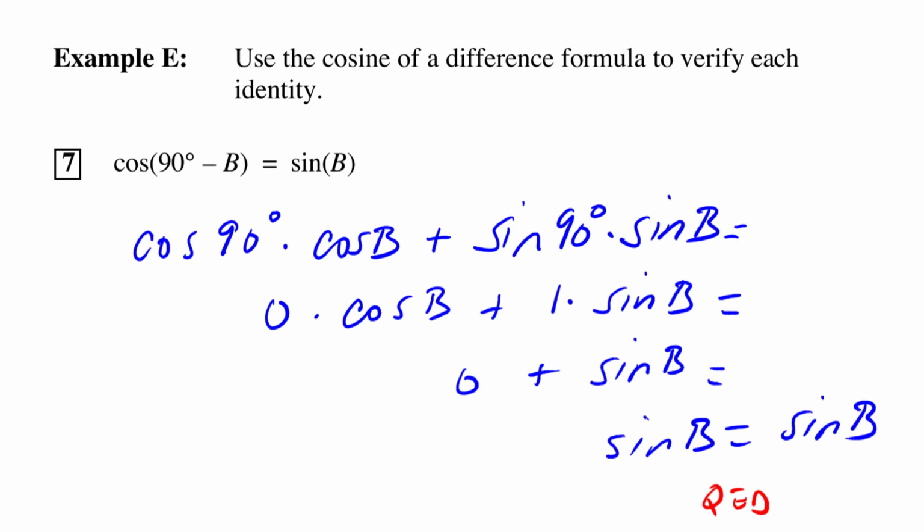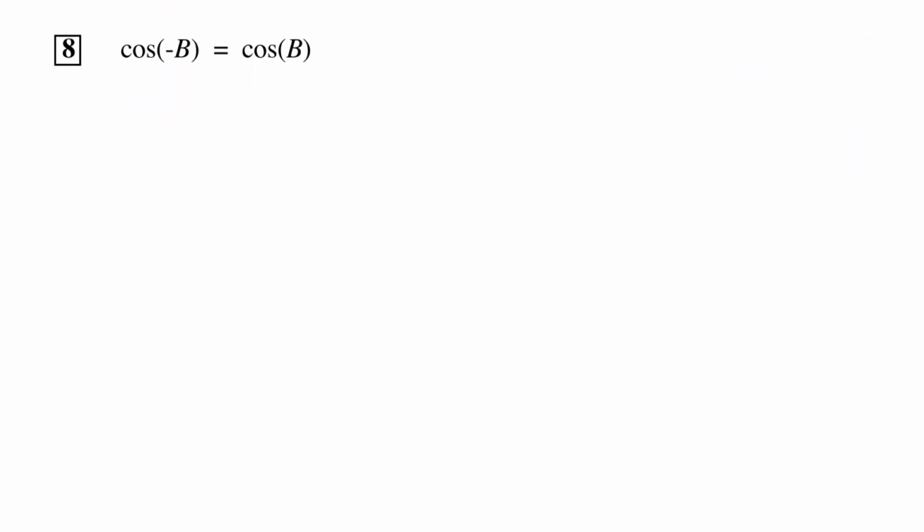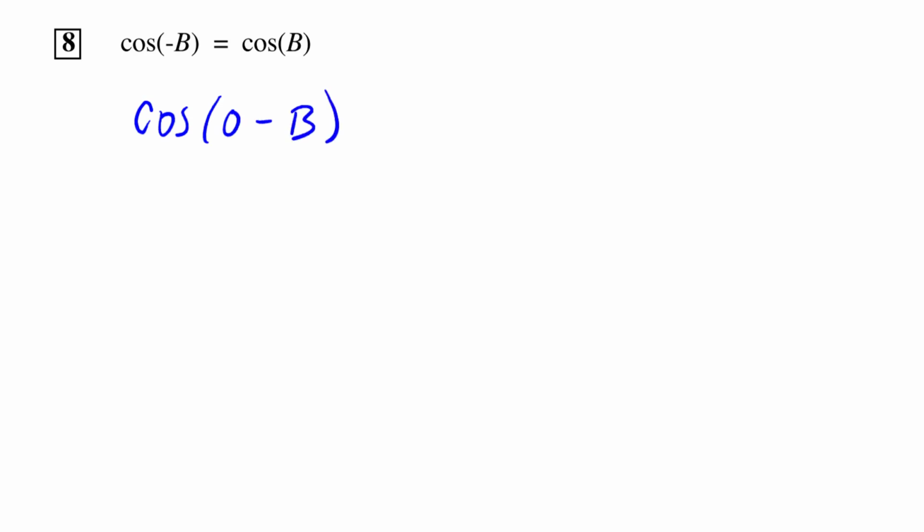Okay, now let's prove that the cosine of negative b equals the cosine of b. The way we're going to treat negative b, though, is as 0 minus b. That's the same thing as negative b. And now we have the cosine of a difference, so we can treat it as the cosine of the first times the cosine of the second